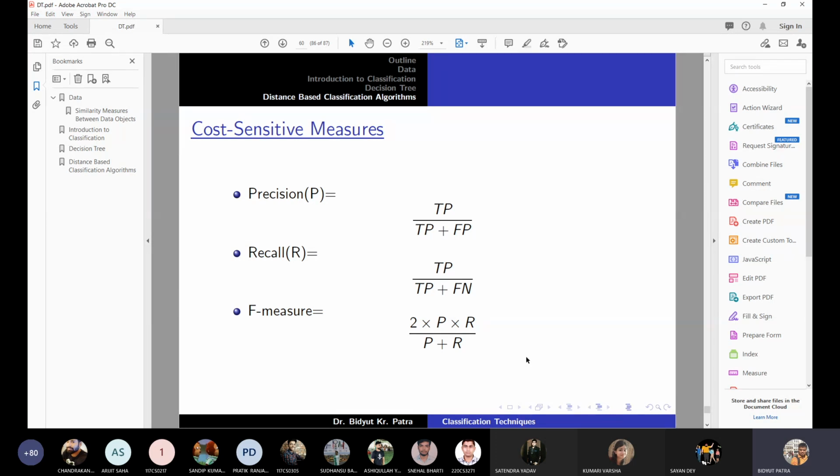There is no need to set a particular cost for true positive, false positive and so on, but we can easily compute the value of precision and recall, and we can compare the performance of one classifier with another. There is not much on this slide, so I need to add more, but I will directly show you